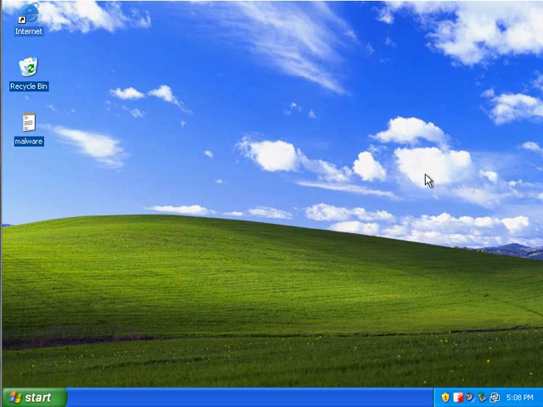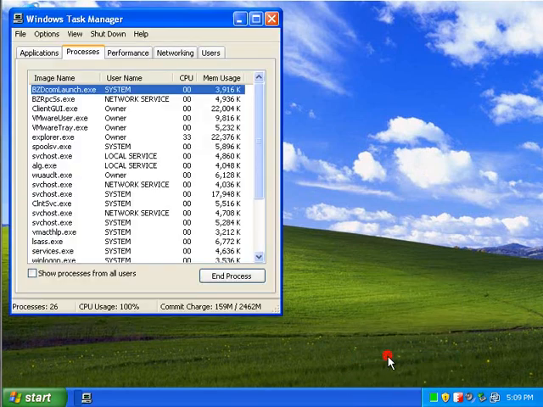Okay, welcome back, everybody. We're going to be giving Bufferzone the real test now, which is against the malware that it's supposed to be preventing, and we're going to see if it does it successfully. First, we're going to take a quick look at our processes here. We're going to open up our task manager, and if we look here, Bufferzone is using